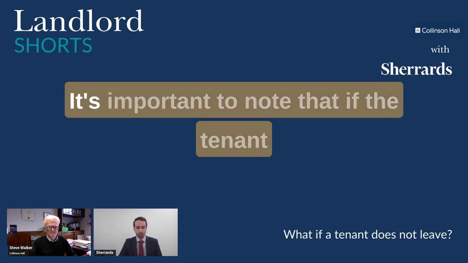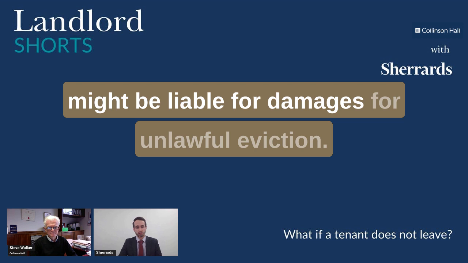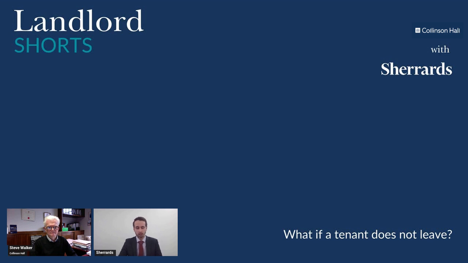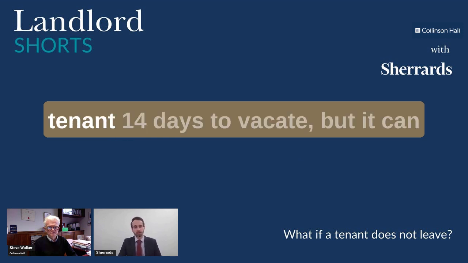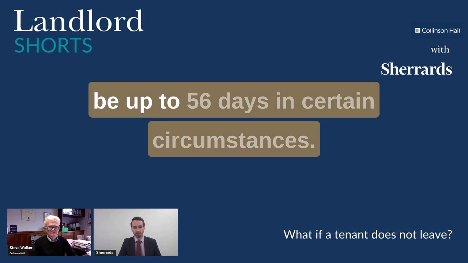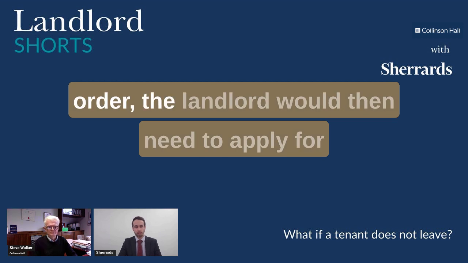to vacate. It's important to note that if the tenant is evicted without a court order, the landlord might be liable for damages for unlawful eviction. Therefore, the landlord will need to apply to the court and obtain an order for possession. The order for possession will normally give the tenant 14 days to vacate, but it can be up to 56 days in certain circumstances. If the tenant fails to comply with that court order, the landlord would then need to